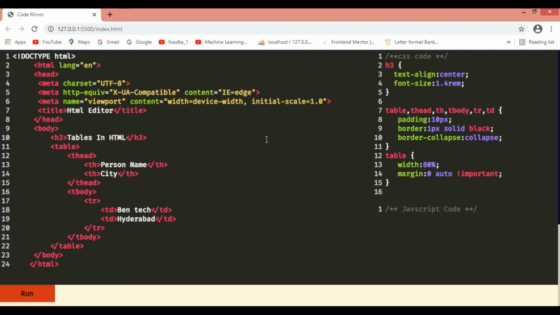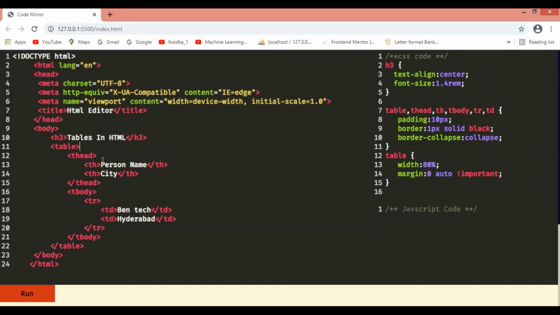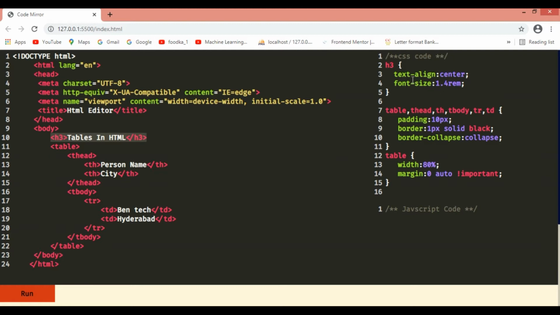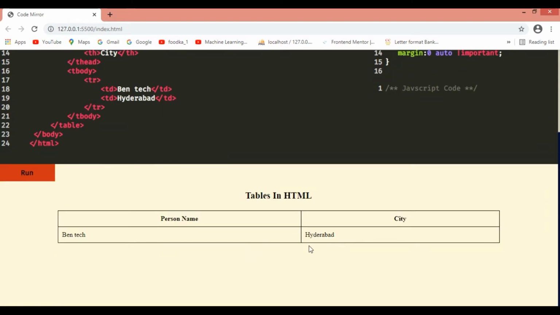In this video tutorial, I'd like to tell you about how you can create your own HTML, CSS and JavaScript compiler. So before starting, let me show the demo of this particular video. You can just say this is my HTML editor and I have considered some table name along with an h3 tag, and there is some CSS added to this thing. As soon as I click run, this particular table gets highlighted.